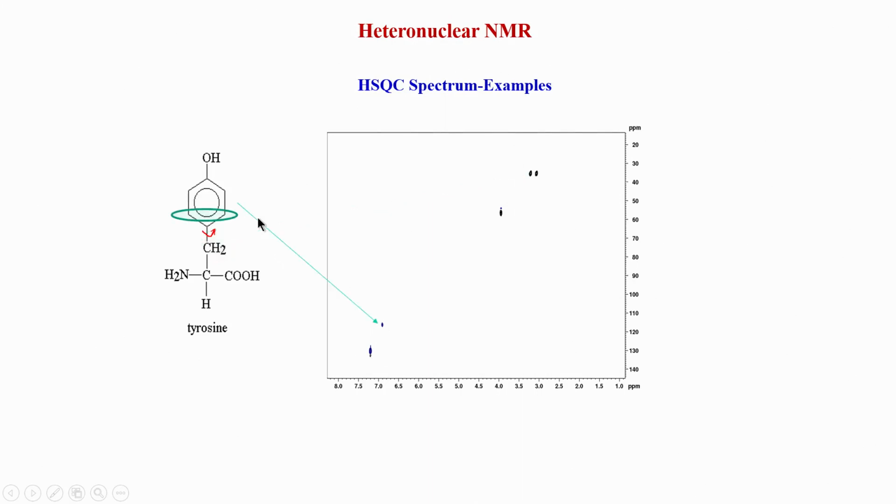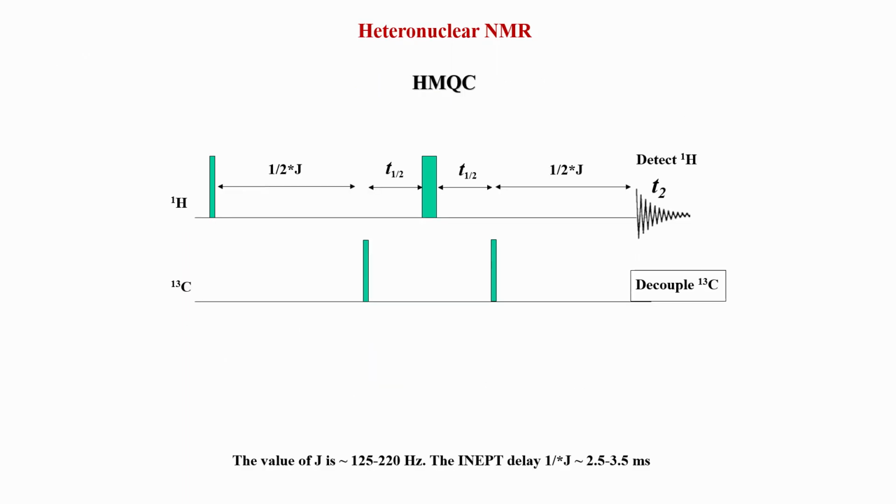So, now you can think of which is which. The one which is upfield is this peak and the one which is downfield is the other one. Why is it downfield? Because of the OH. So, the OH group essentially causes a de-shielding effect and it results in a downfield shift, similar to what we saw in the case of threonine and also glutamine. So, now this was an example of HSQC we saw with some important amino acid examples.